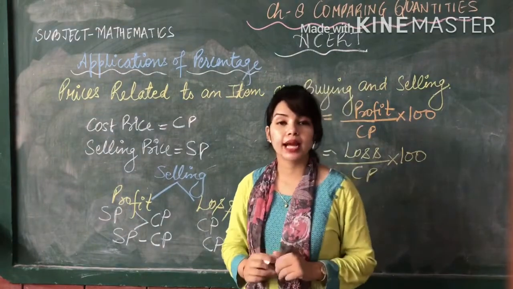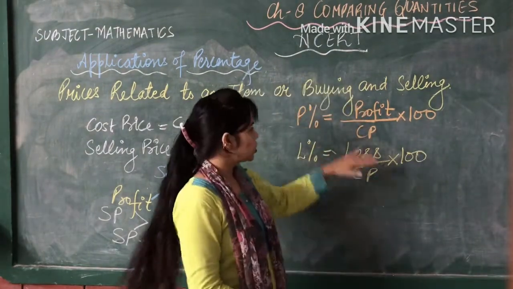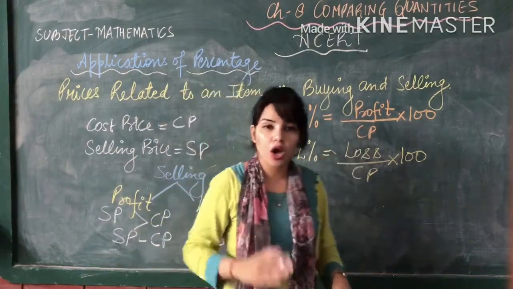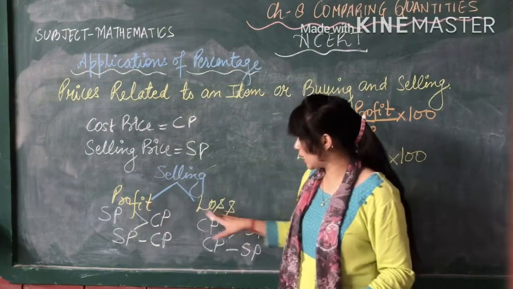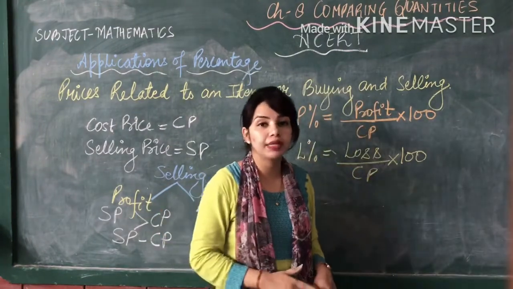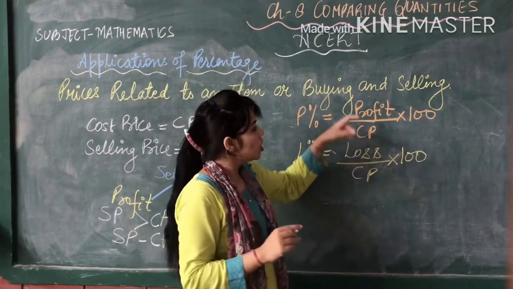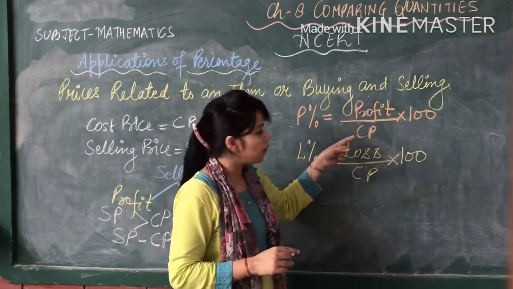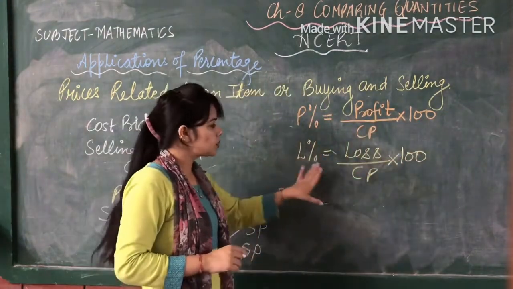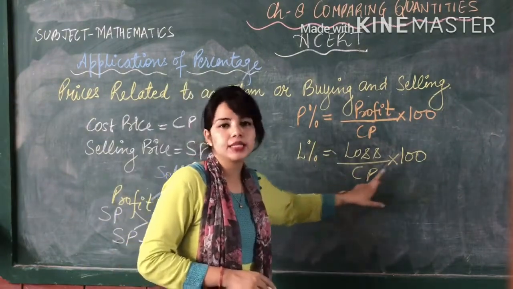But how will you tell that in percentage? So, to convert that in percentage, you have to divide the profit by the cost price. See, profit percent and loss percent both will be calculated on the cost price, not on the selling price. So, whatever the profit you had upon the cost price into 100. And to calculate the loss percent, whatever the loss you had upon the cost price into 100.